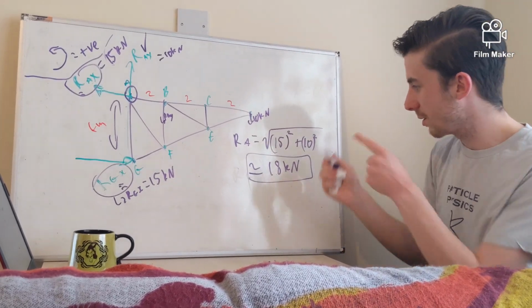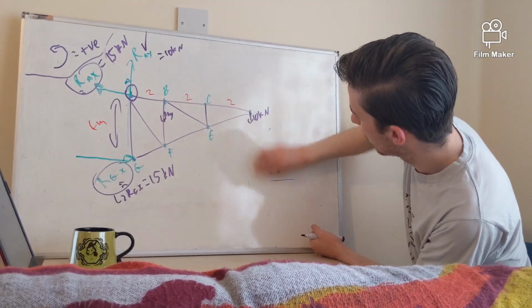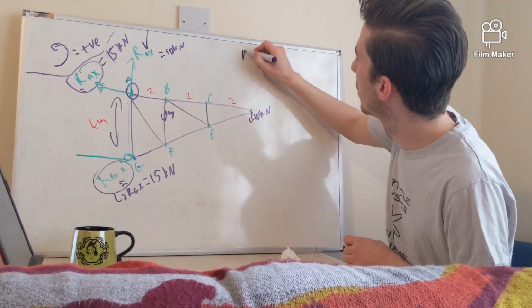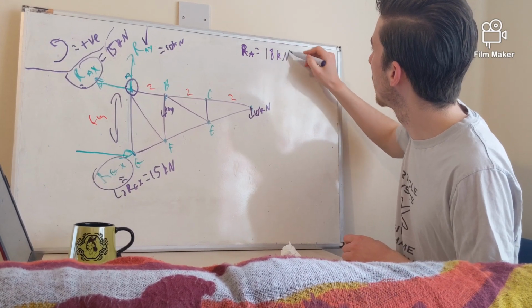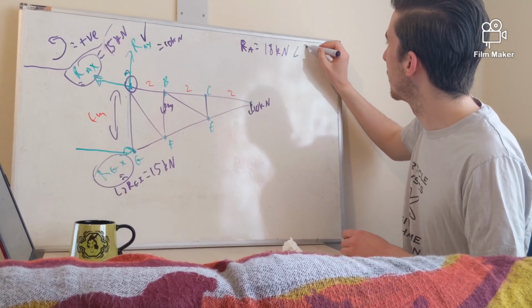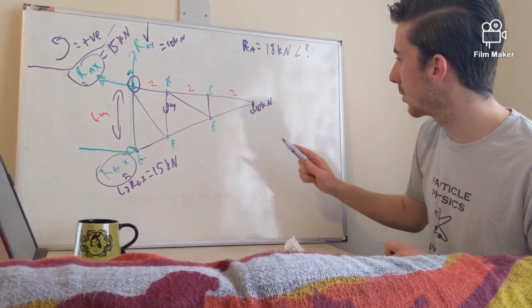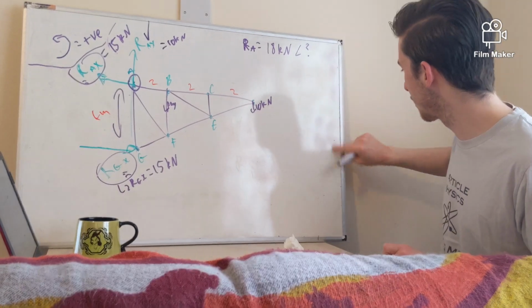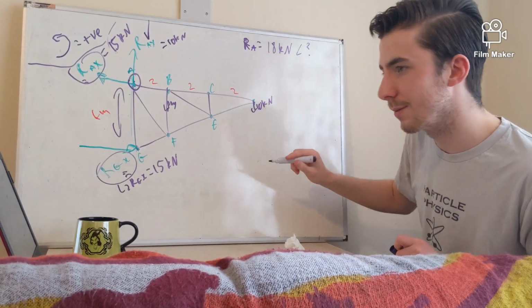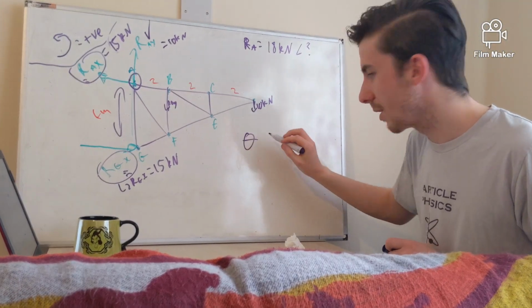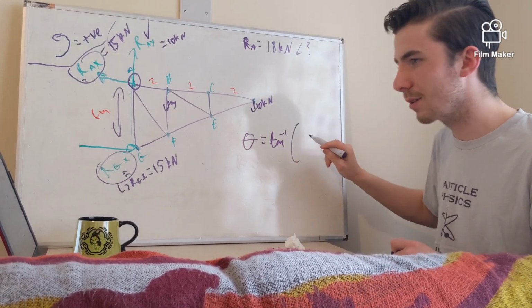So use that. This is just an example. So we know that that's 18. We've got 18 kilonewtons in some angle. Right. Now what that angle is we go back to trigonometry. How good's that? You know, said in second year high school you'd never use it again. Well, here it is. So the angle theta must be the inverse tan of whatever